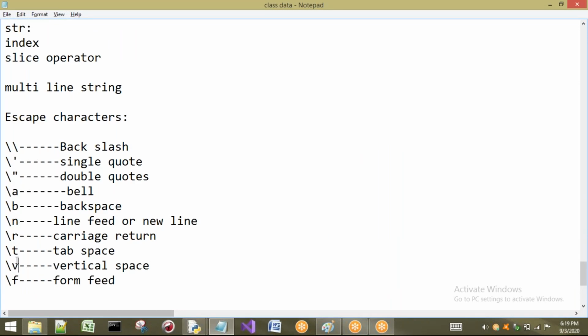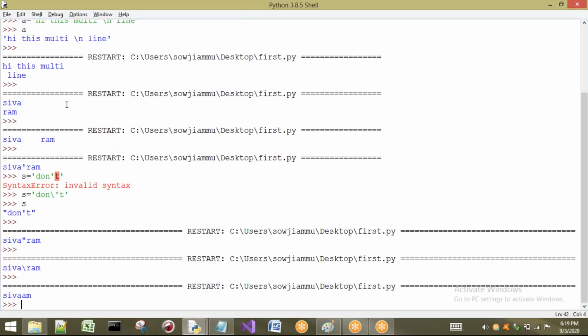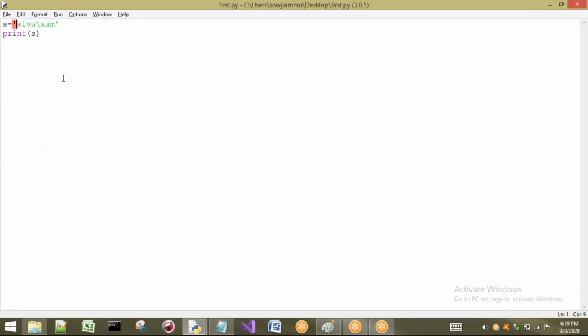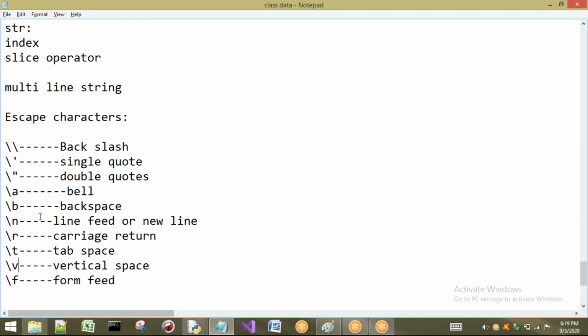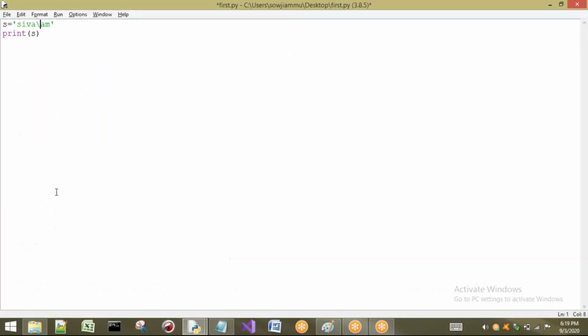A, B, N, R, T, V, F, and two or three more. Something from these should be there, but X is not among the backslash characters, so we are going to get an error. Compulsorily, if you write a backslash symbol inside a string, it should be associated with one of the escape characters. That means it may be a slash, single quote, double quote, A, B, or something. If you write some other thing which is not present, for example C, I will execute and we can understand whether C is there or not.